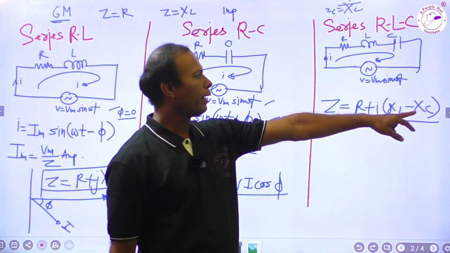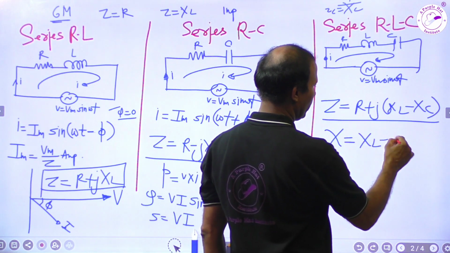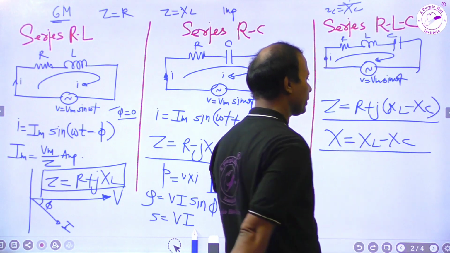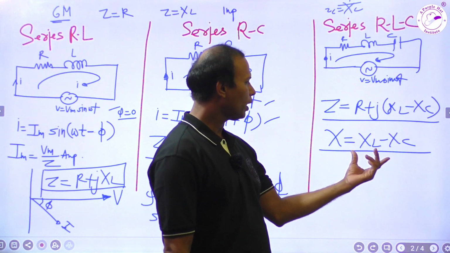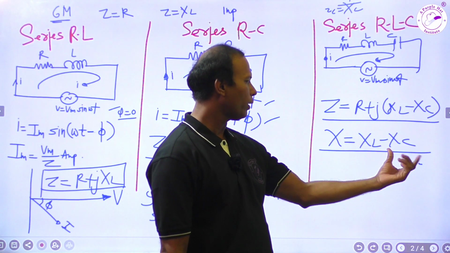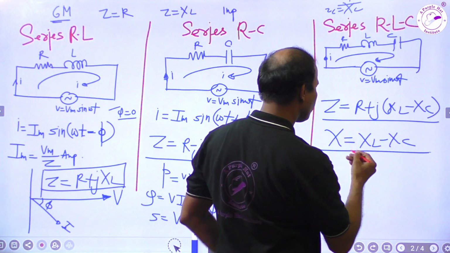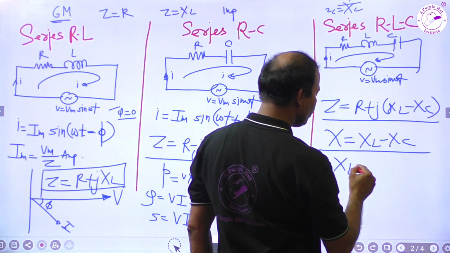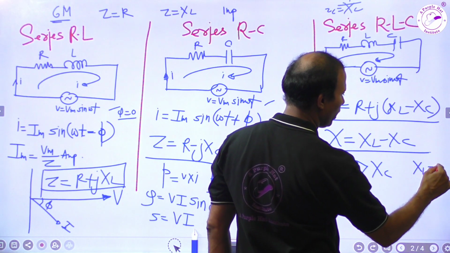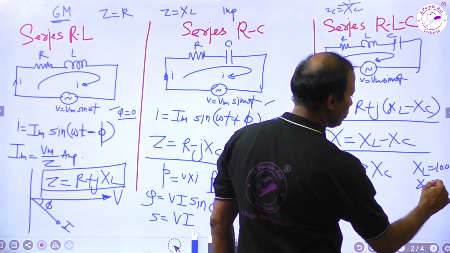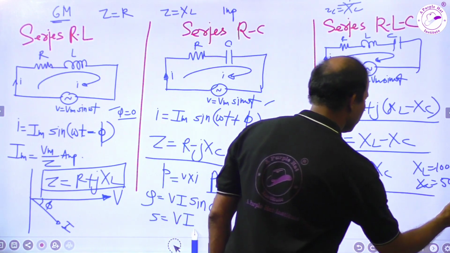The difference of XL and XC is equal to reactance X. XL minus XC is equal to total reactance X. Now it can also happen that this is 100, this is small, some lower value. So XL may be greater than XC, because XL is equal to 100, XC is equal to 50, XL greater than XC. Okay, case number two,